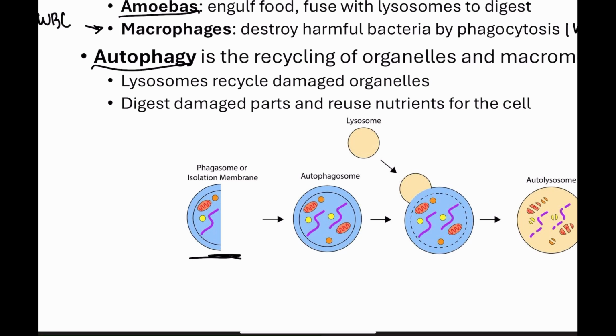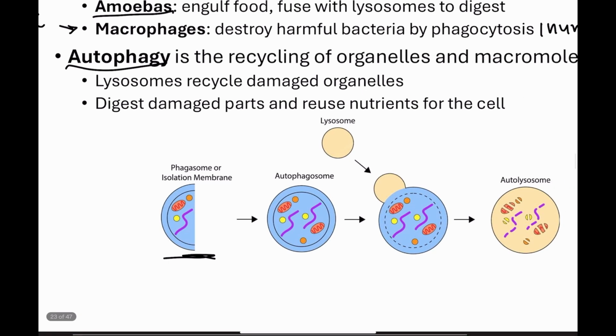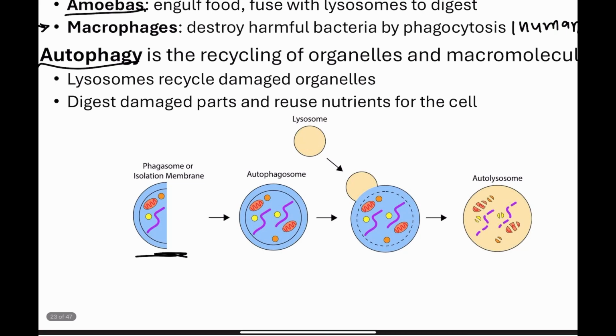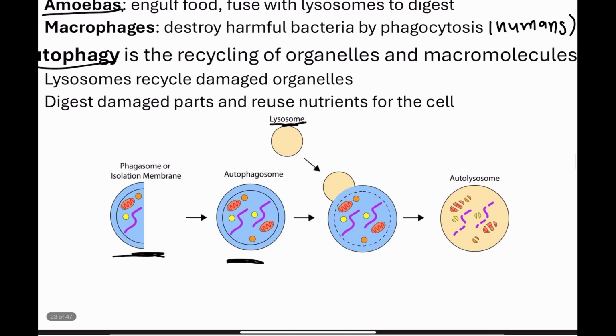And it's going to begin to form around the targeted molecules or cellular debris. And this membrane, it's thought to actually originate from the endoplasmic reticulum or from other membrane sources. So what happens is that when we have the completion of our autophagosome, it's going to engulf and fuse with a lysosome. So the damaged organelles and cellular material, they're going to be completely enclosed within the autophagosome,